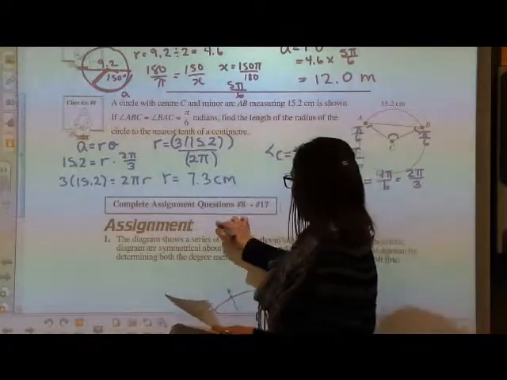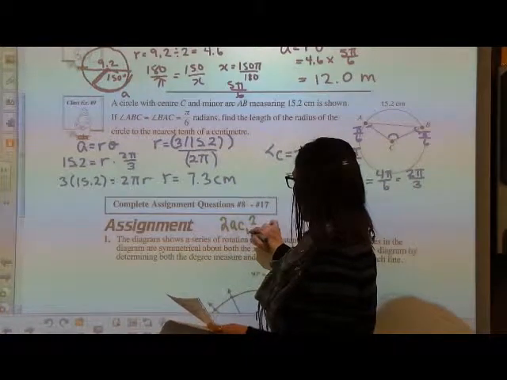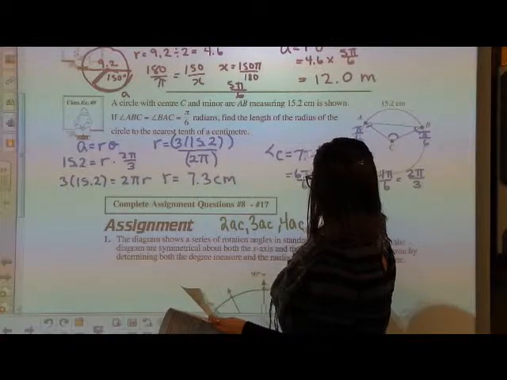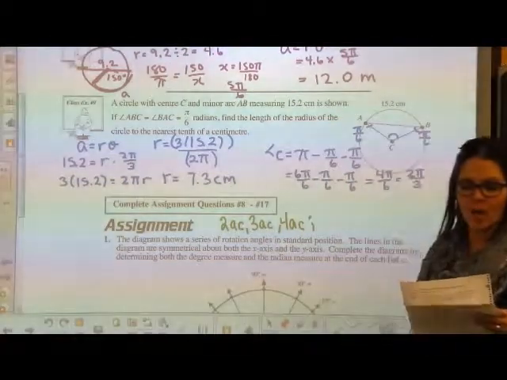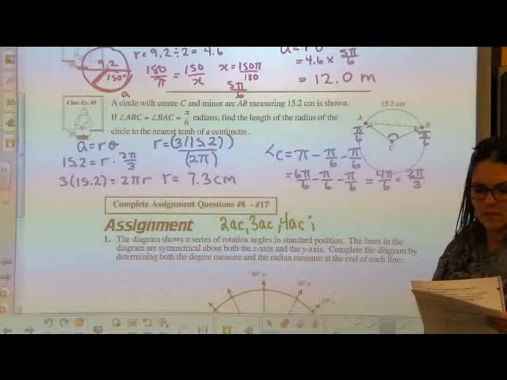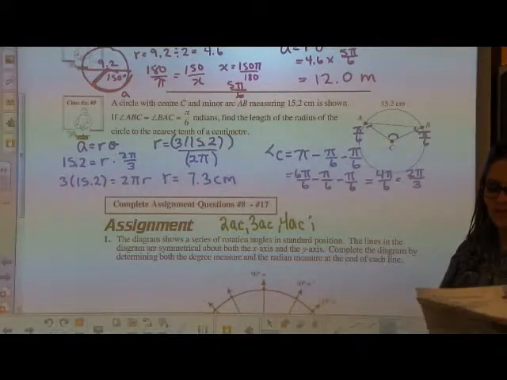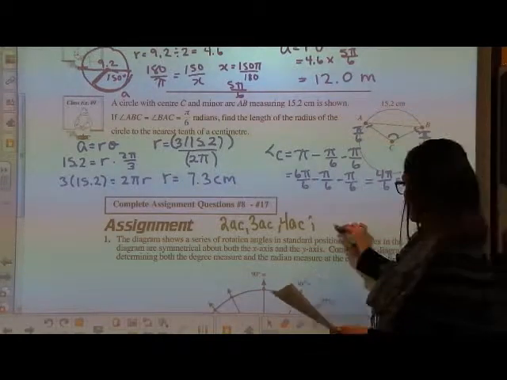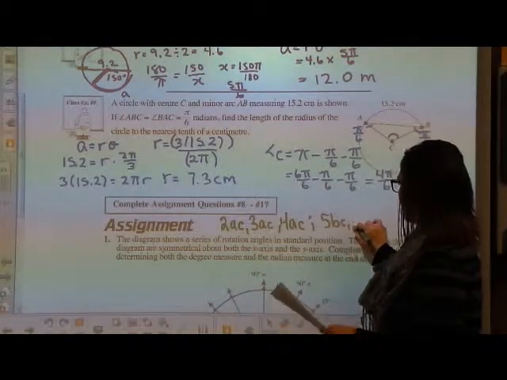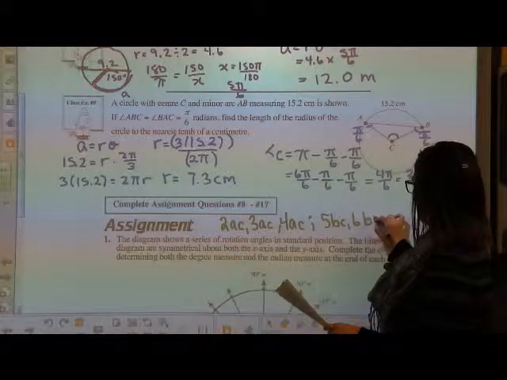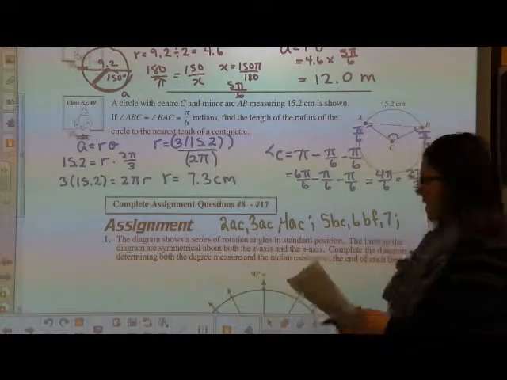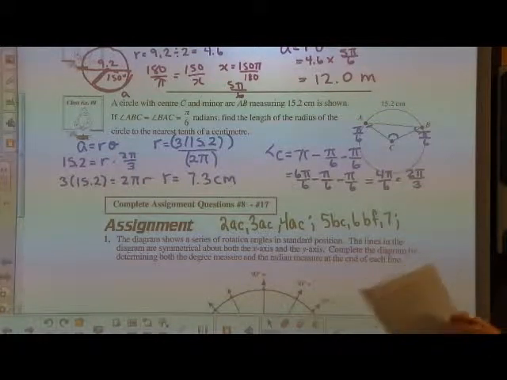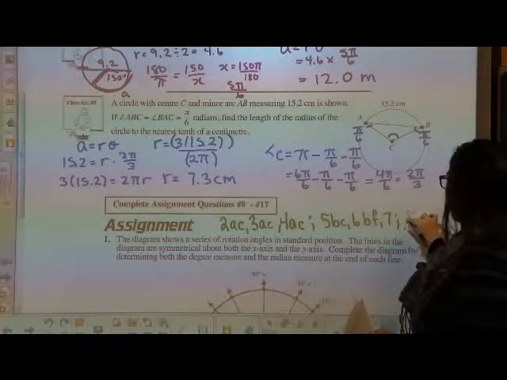So the questions that I'm going to give you are right from the beginning. The first 3 questions are practice questions on converting from degrees to radians. The next group of 3, which is 5B, C, 6B, F, and 7, are the coterminal and the reference angle stuff. And then 12 to 17